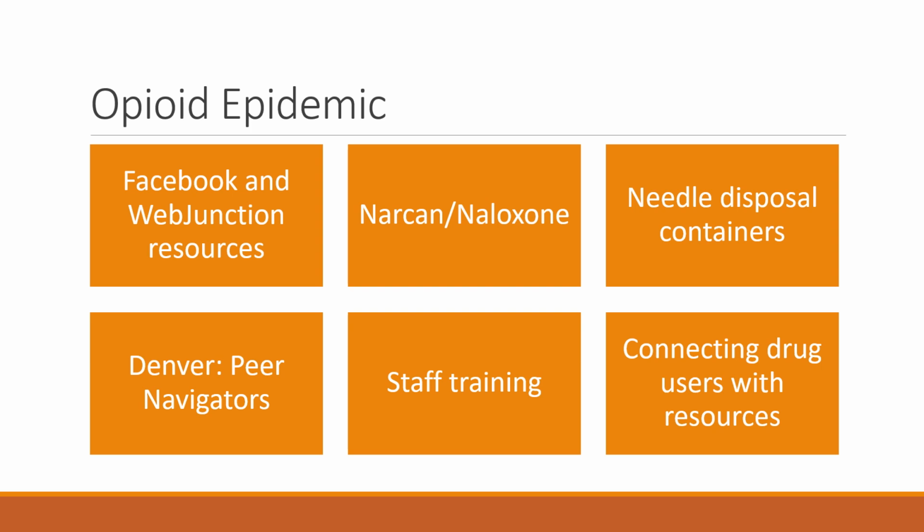Training staff to identify when people need help. That's part of it, just knowing when your patrons need help, identifying it, giving sharps training on handling needles, and then, of course, connecting drug users with resources, not just kicking them out of the library. There's a lot of training and reading that librarians can do to be familiar with the opioid epidemic and to understand how we can recognize when people need help and what we can do.